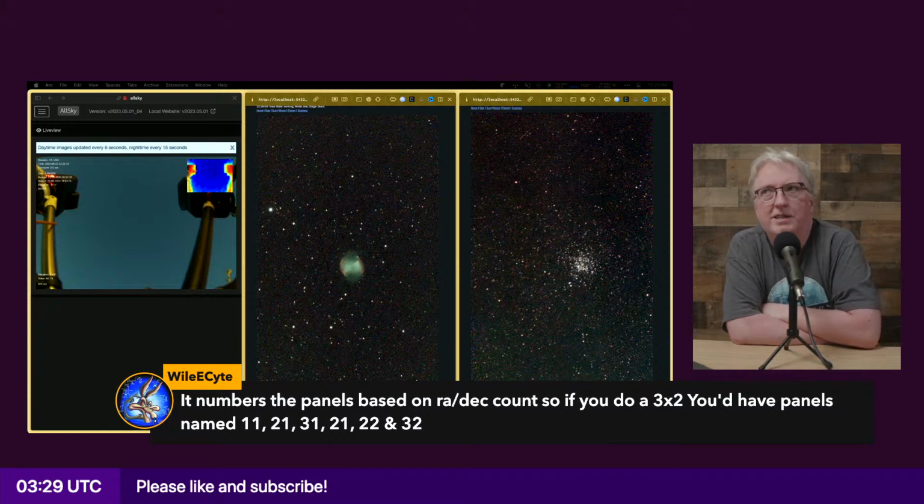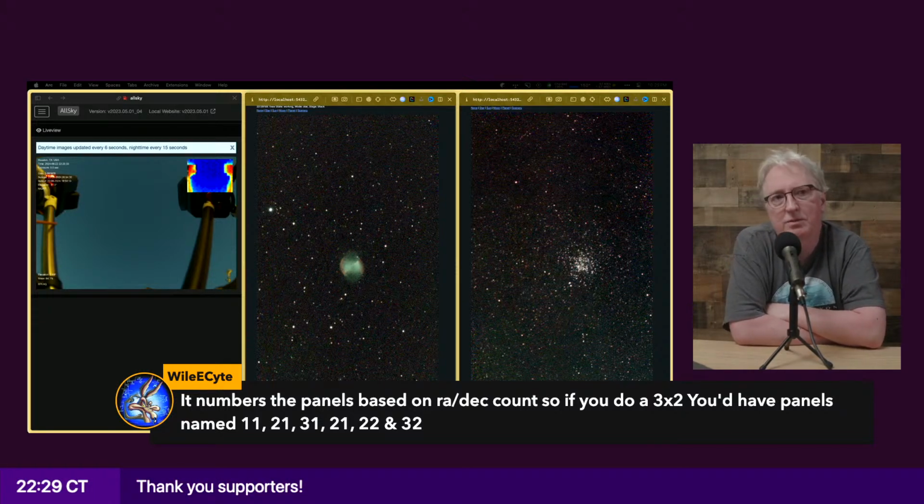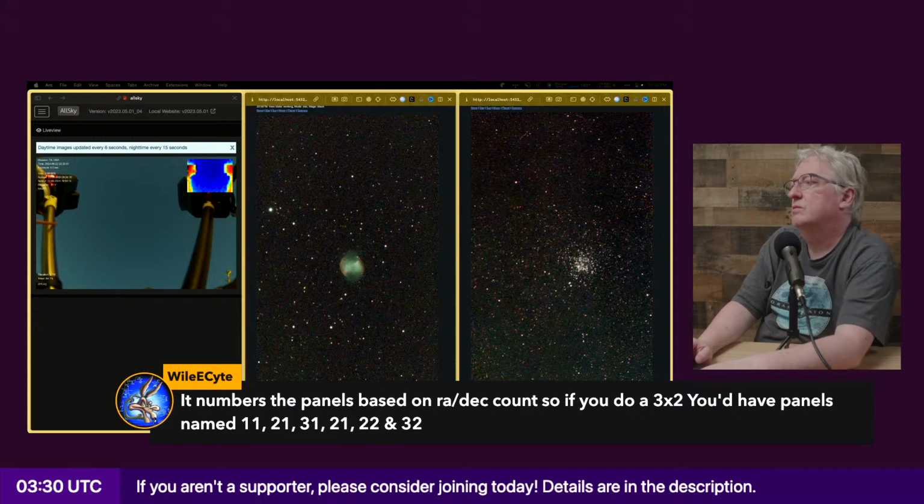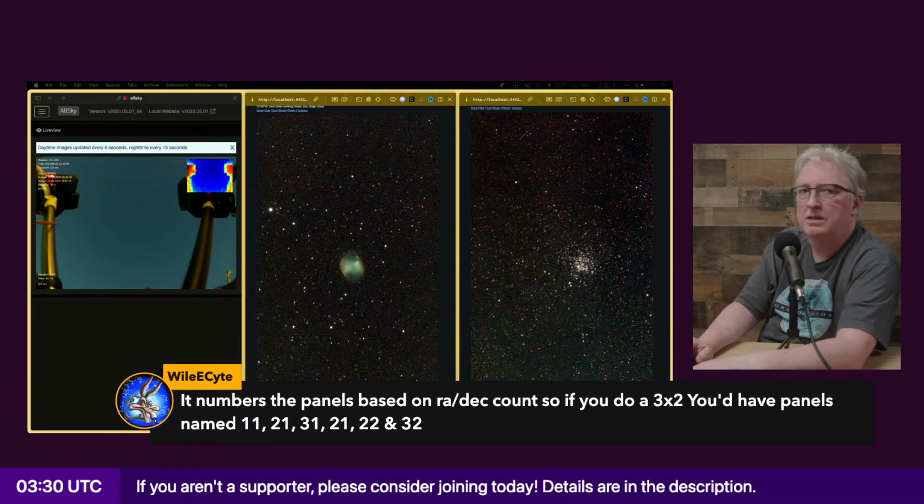I do want to do that, yeah, that might be a good one. And M16, the good thing is M16 is bright enough that I could get enough data pretty quickly with a mosaic. So you'd be able to see the two halves coming together pretty quickly. And actually, what else could we try? What would be another? I mean, Wiley Site's done a lot more mosaics than I have.